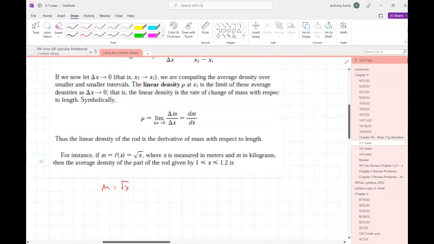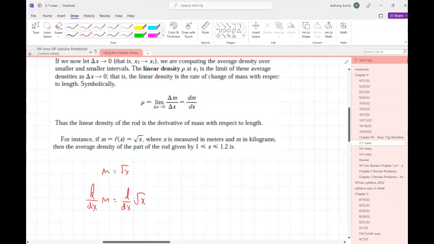If we take the derivative with respect to x of both sides, what do we get? I get dm/dx equals 1/2 x to the negative 1/2, right? Everybody agree? If we evaluate that at 1,